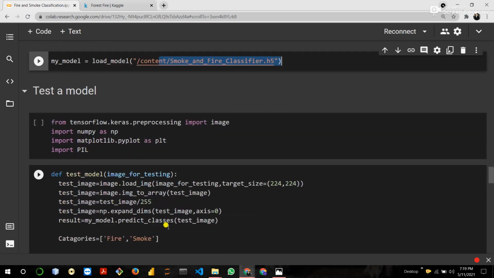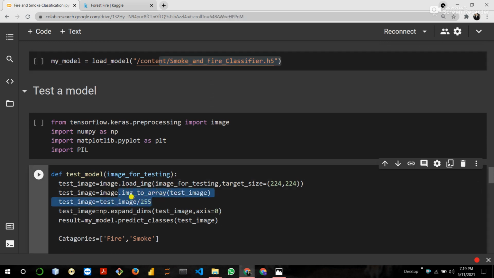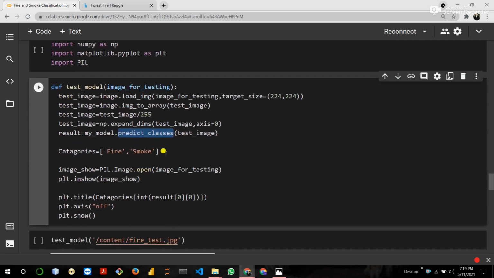I define a test function where I load an image. Firstly, I load an image, then convert it into an array, then rescale the image, then expand the dimension, and predict_classes is basically used to give a result in the form of 0 or 1. So these are my classes, fire or smoke.